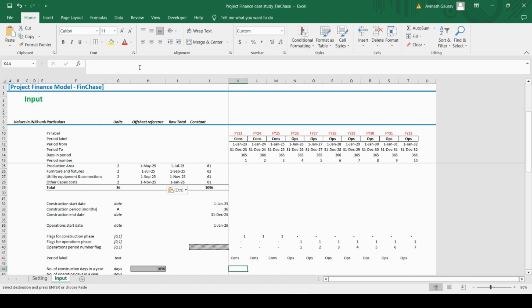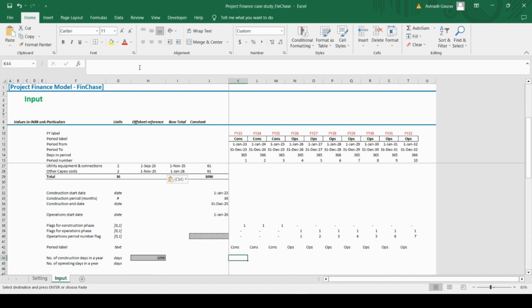अब हम कैलकुलेट करते हैं नंबर ऑफ कंस्ट्रक्शन डेज इन अ ईयर, ओके। सो गाइज इसका फॉर्मूला पहले समझते हैं कैसे होगा। सबसे पहले आपको यहाँ पे क्या चाहिए, नंबर ऑफ कंस्ट्रक्शन डेज इन ईयर कैलकुलेट करने के लिए आपको सबसे पहले यहाँ चाहिए 365, फिर यहाँ पे चाहिए आपको 366, फिर यहाँ चाहिए आपको 365, राइट। फिर उसके बाद ये आपका लीप ईयर नहीं है, फिर यहाँ पे आपको जीरो चाहिए, राइट, बिकॉज यहाँ से आपका ऑपरेशन स्टार्ट हो रहा है, फिर यहाँ से आपको 0000 चाहिए, राइट। अब हम इसको फॉर्मूला के थ्रू कैसे अचीव कर सकते हैं, नाउ हाउ आई एम गोइंग टू अचीव इट थ्रू फॉर्मूला, राइट। सो गाइज इन ऑर्डर टू अचीव इट थ्रू फॉर्मूला वी आर गोइंग टू से